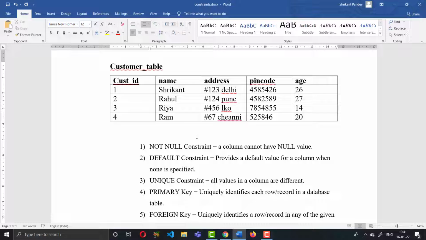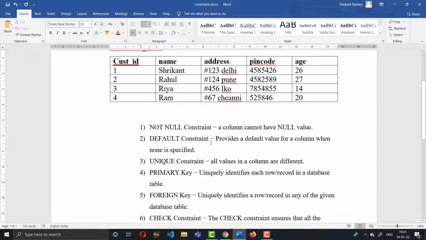In a simple way, we can say it is a kind of little bit of validation while inserting your data. So overall, a constraint is a kind of condition we apply to follow, and this is all about constraints.